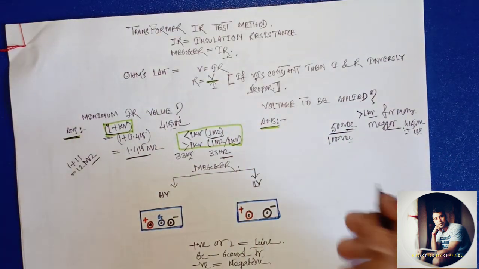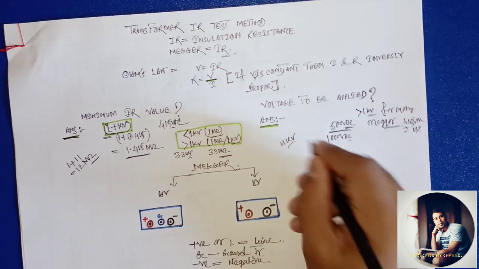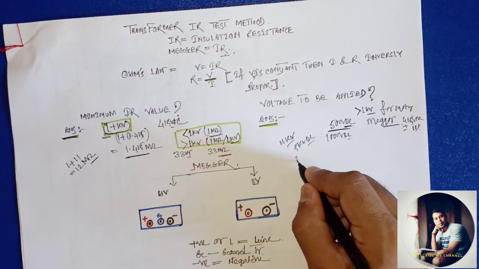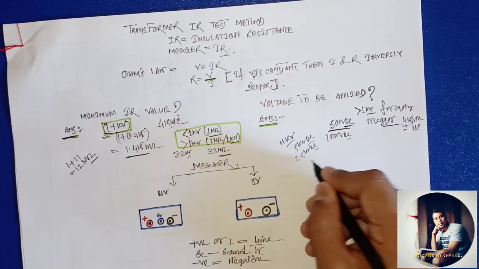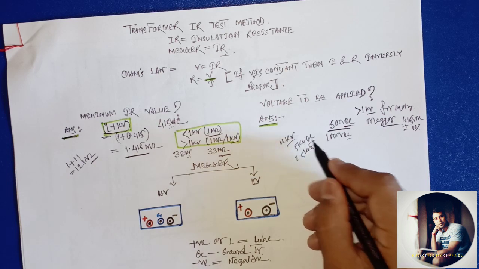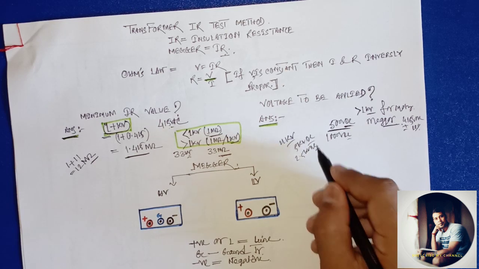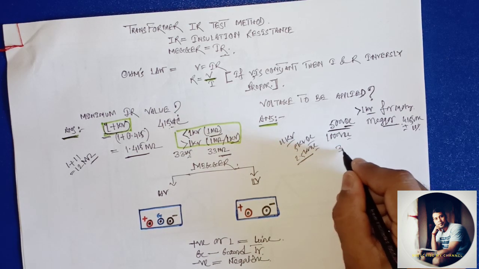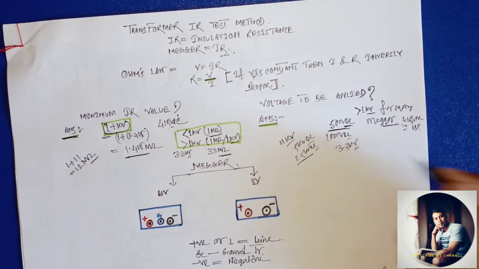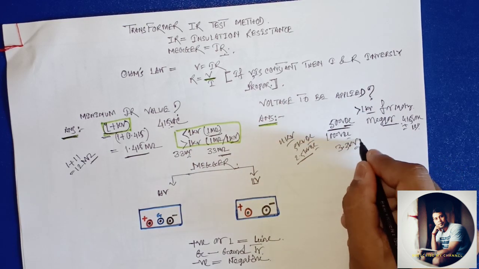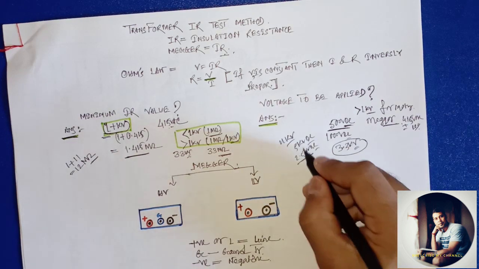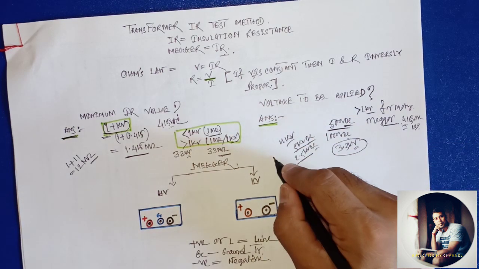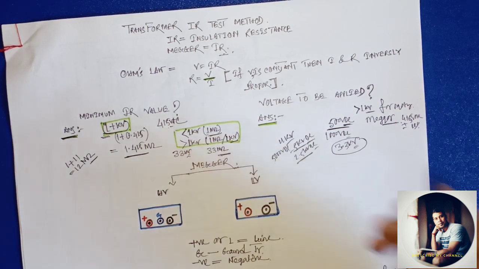In case your system voltage increases, suppose 11 kV, then please apply 5 kV DC. 2.5 kV DC is not suitable because the system voltage is already 11 kV, so it is better to use 5 kV DC. Where to use 2.5 kV DC? You can simply use 2.5 kV DC at a 3.3 kV system to get the IR value. For a higher system voltage, it is good practice to use the 5 kV DC meter. 5 kV DC means 5000 volt DC.